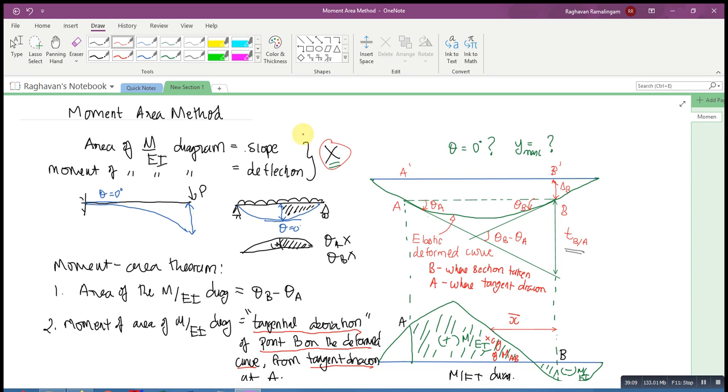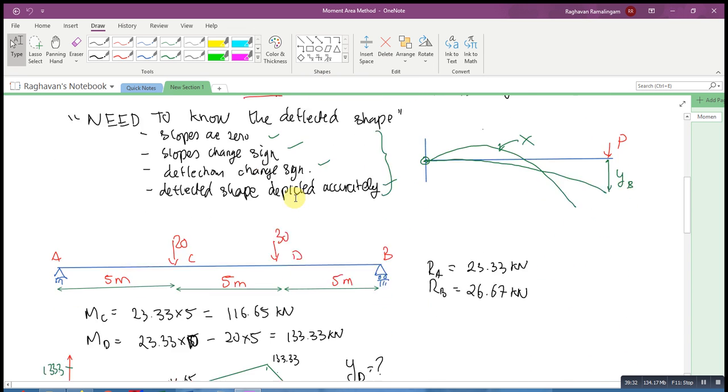And they also end up giving you problems which actually satisfy this definition of the moment area theorem. But they have adjusted the problems to suit their definition, and that is not the right way to go about it. So that's the reason that I thought I'll clarify what the actual moment area theorem is,